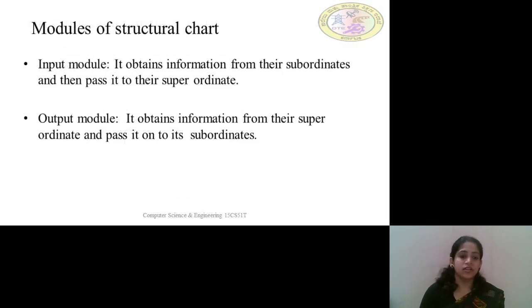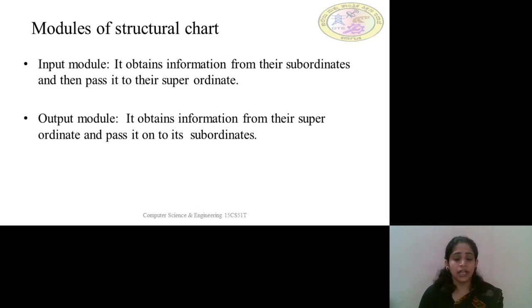Modules of a structural chart. We'll see what are all the modules that we can generally see in the structural chart. Input module. It obtains the information from the subordinates and then passes it to the superordinate. It usually obtains the information from the subordinates, that is lower level modules, and then passes it to the higher level, that is superordinate modules.